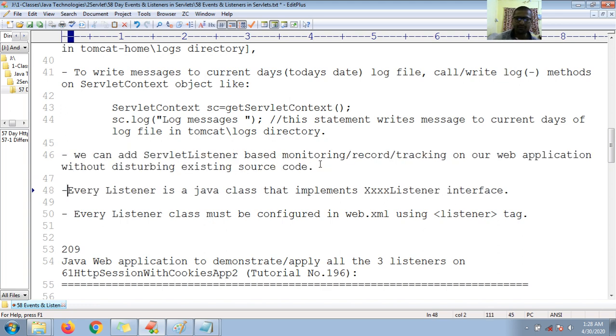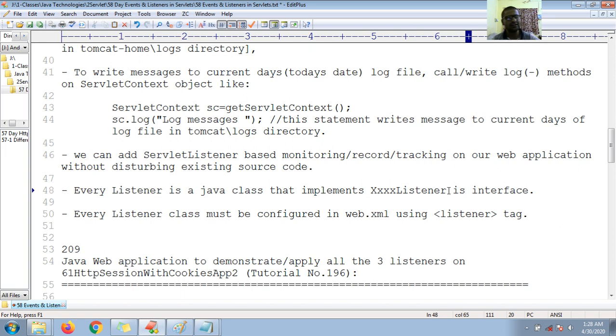One thing to keep in mind: every listener is a Java class that implements XXXListener, which is an interface.